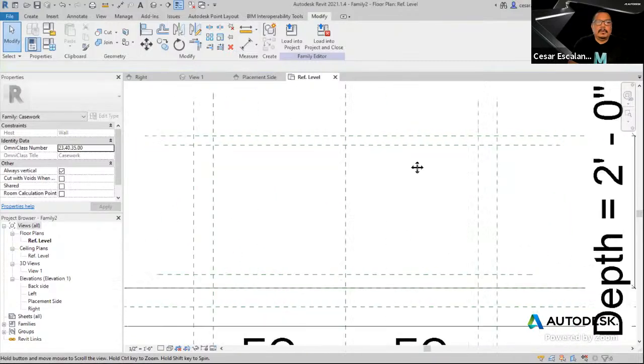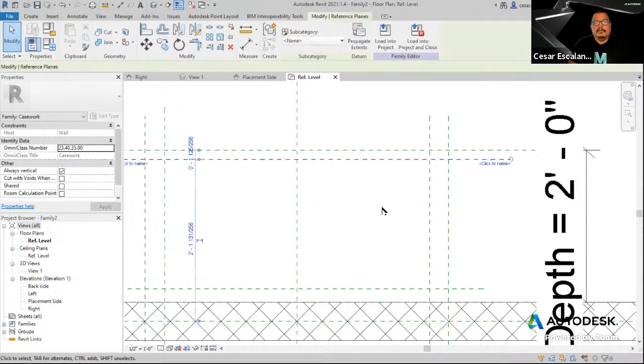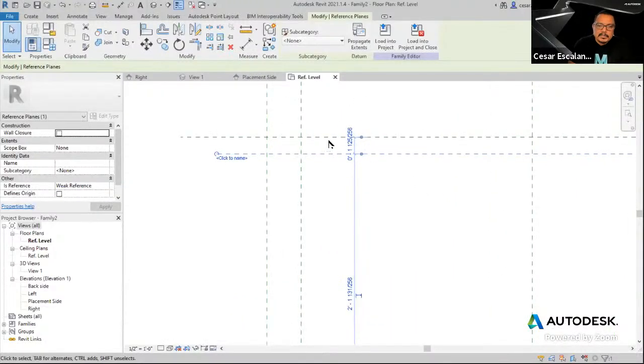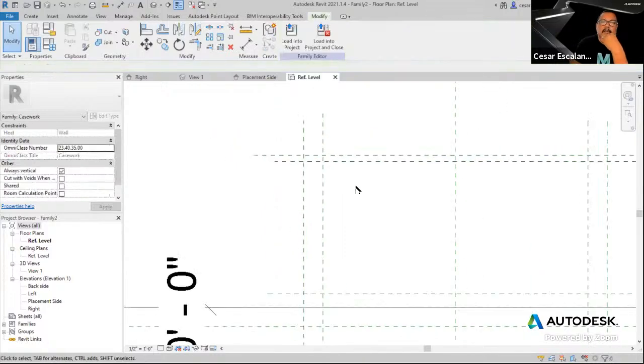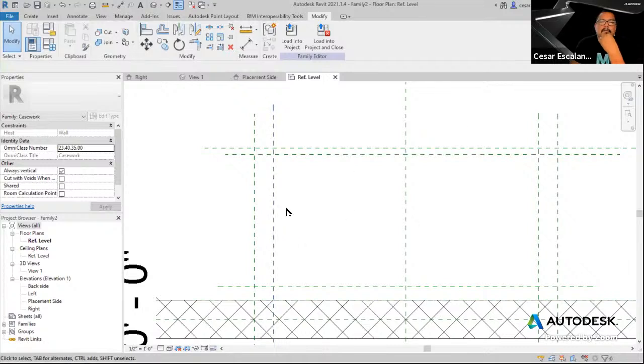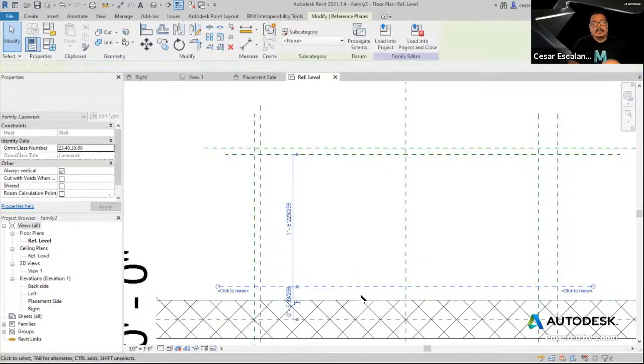Now these need to be placed an inch away. Select the reference plane, and you see this temporary dimension that appears when you select it. I'm going to override the value and change the value to 1 inch. And I'm going to do the same for all of them. So select the innermost face, click on the reference plane, change this to 1, select